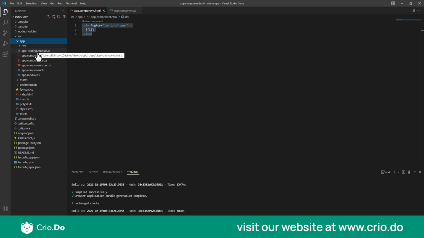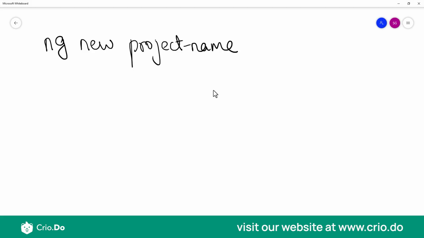But now let's try to understand what happens behind the scenes and how this gets compiled into the final project. This is mainly for your understanding, to ensure that you really understand what happens behind the scenes. So let's get back to the whiteboard. Once you create any new Angular project, a bunch of files gets created for you. And whenever you build or deploy this project to your server, maybe a server called irctc.co.in,